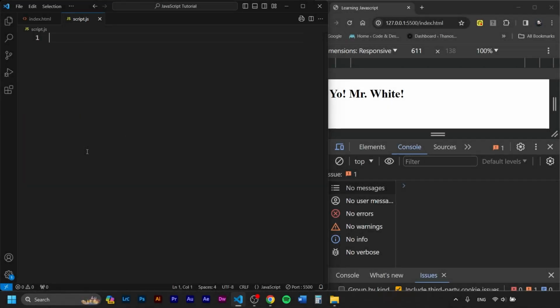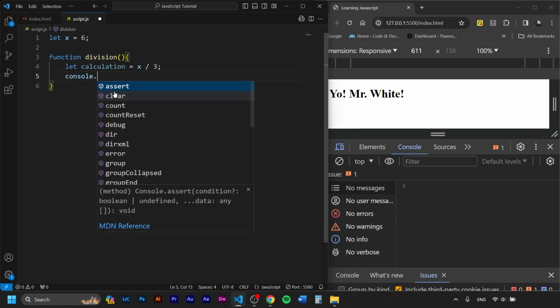So let's see how the functions work. We'll have an x, let x equals 6, then we'll go function space, we'll give this function a name, let's name it division. Right next to it we put open and closing parentheses, and then we open brackets. So whatever we write inside the brackets is going to be the calculations of this function. So here we can say let calculation equals x divided by 3, and then we can go on and console.log